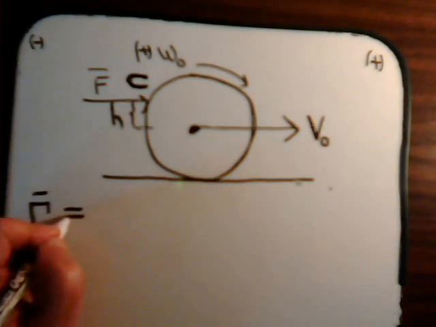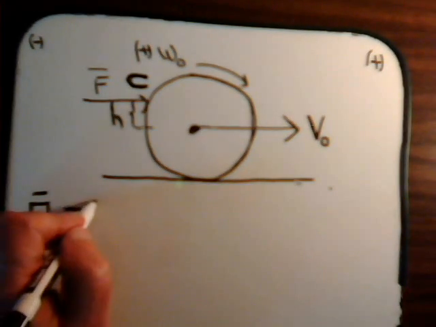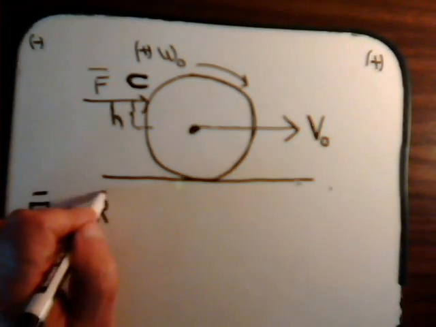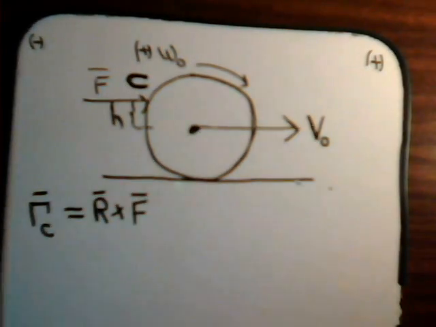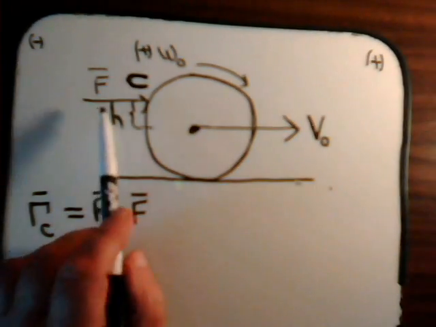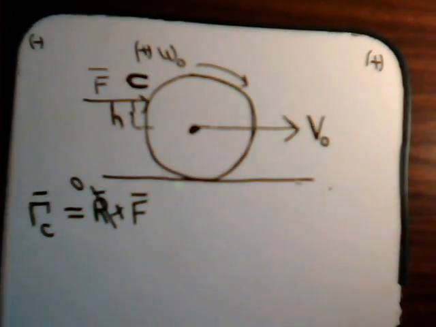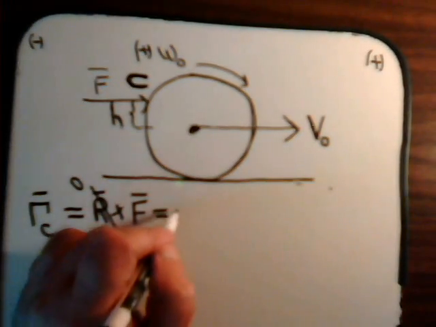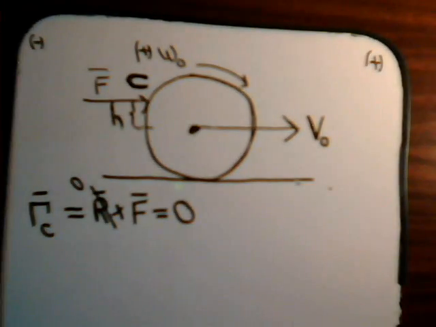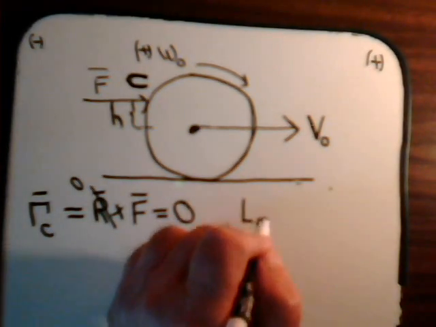Now, torque, in general, is a cross product between a position vector and a force. Now, in this case, the force is right at point C. So the position vector is 0, so the torque at point C is 0, which means that the angular momentum at point C